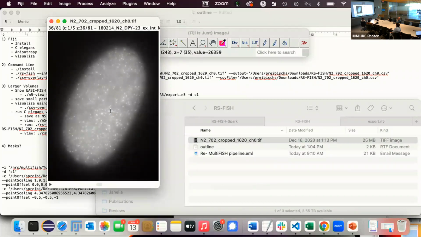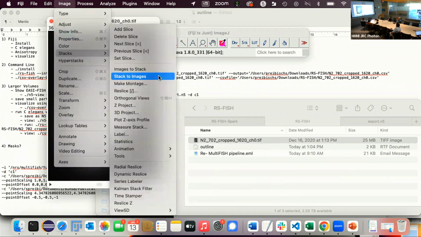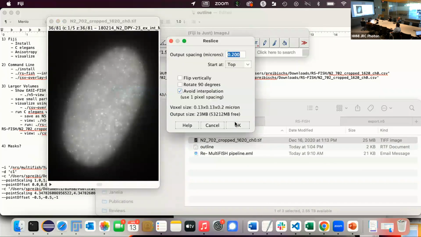So as I said before, one key feature that we need to know is the anisotropy of the data set. This is basically a combination of the point spread function extension and the sampling in Z. Usually, if you sampled isotropically, it would be gigantic in Z, but that's why people sample less in Z, because you oversample completely if you don't need it. So often it ends up being somewhat isotropic, simply because you match the sampling to the extent of the PSF. But if you just look from the side at such a data set,